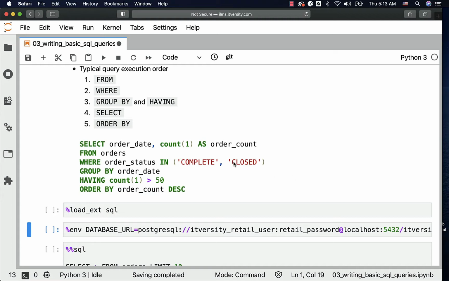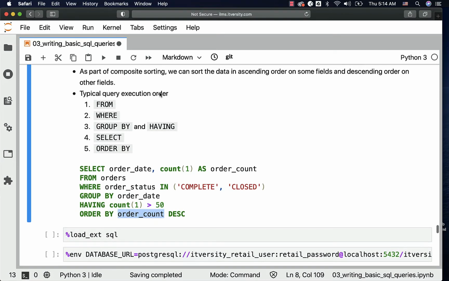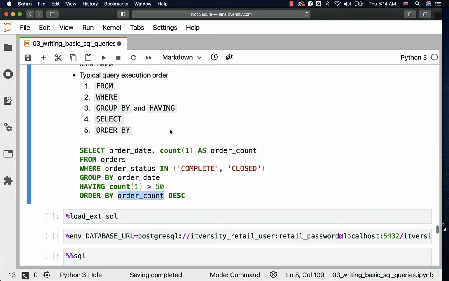The reason is, if you look at the order count that is specified as part of the order by, it is nothing but the alias for count that is used as part of the select clause. The reason why order by is able to use this alias is because order by executes after the select clause. In any other clauses, we will not be able to specify this order count because select will be executed just before order by. Unless and until you understand this query execution order, you will be making some silly mistakes.